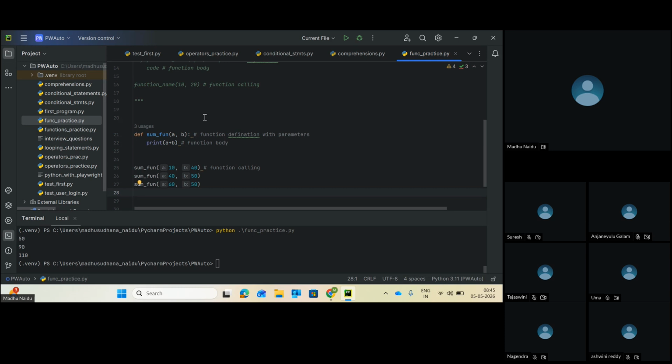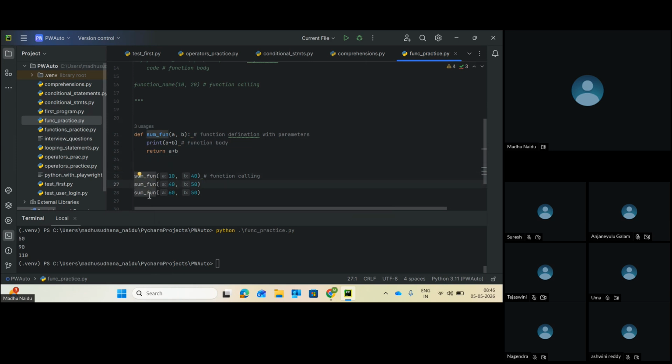Okay, for example, there is a keyword called return. In a function, we can return the values or anything. By using return, we can return the values. So here, I can even return the value sum of a plus b. Okay, so whenever this time,